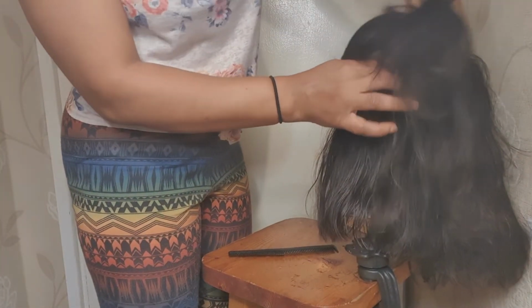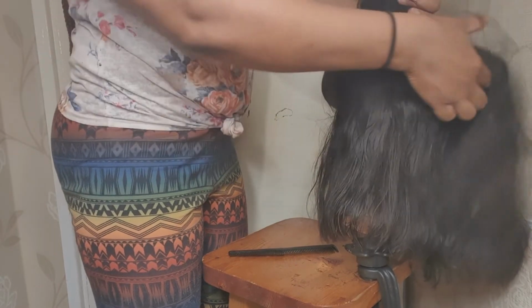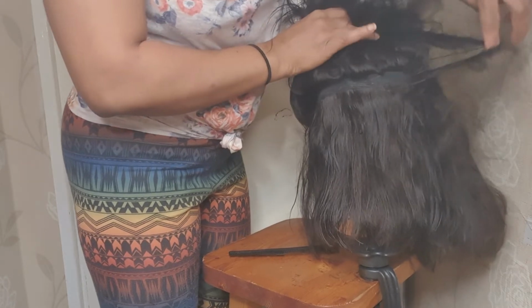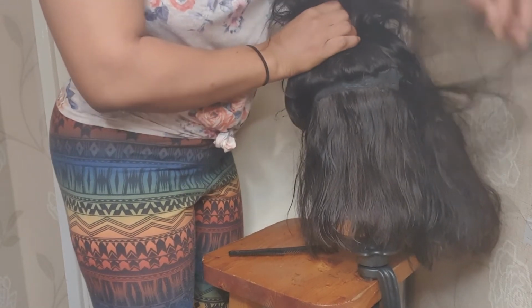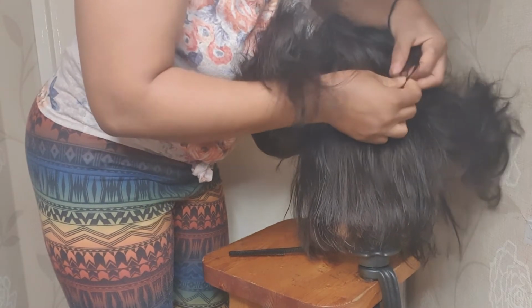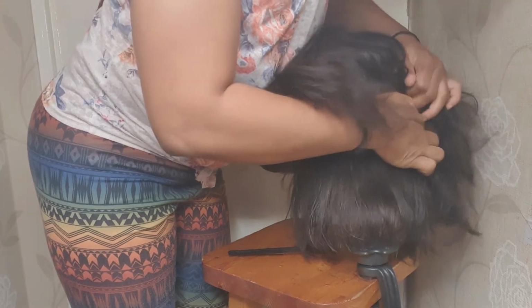because the cutting I did off camera was just minor cutting, because I really wanted to film the whole cutting. So I've done some part of the cutting off camera already, but it doesn't really matter. I'm still going to cut all over again, because I didn't do the full trimming. So now